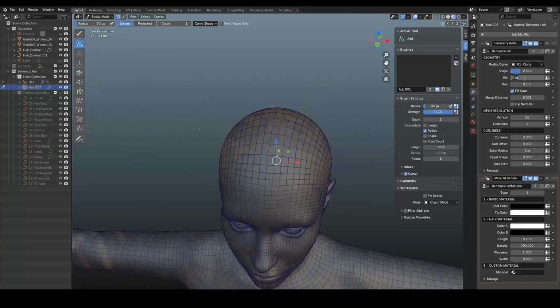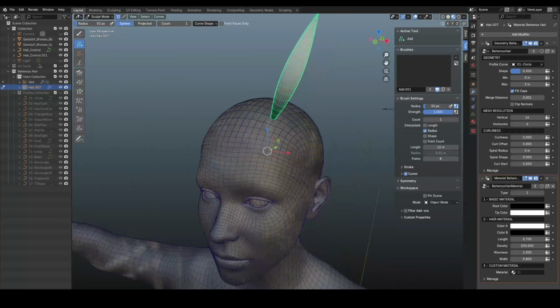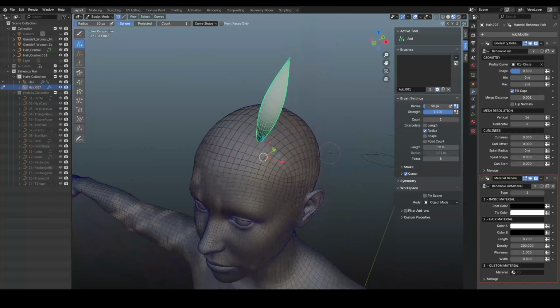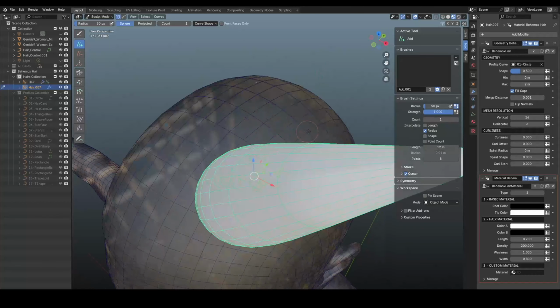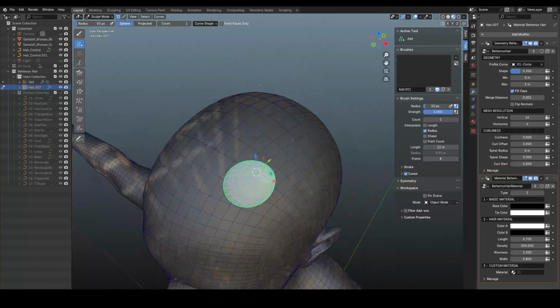Excuse me. And so if I were to do zero and then two, I believe, and then hit that, and you get your average Behemox hair. Well, I guess from their perspective, they need a cap to have a proper point at the very end. So,